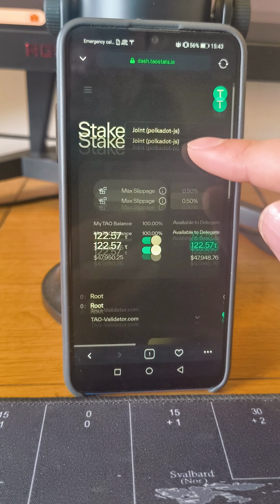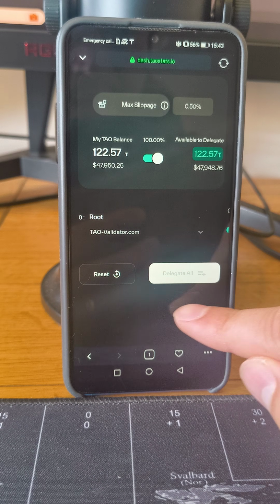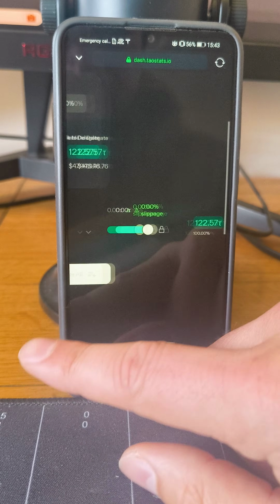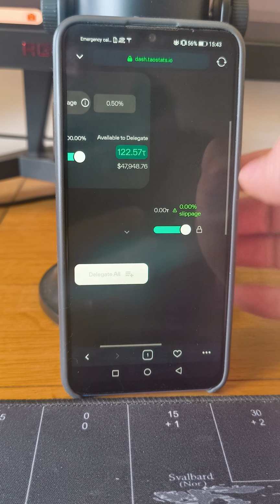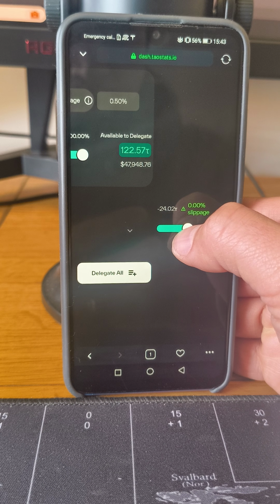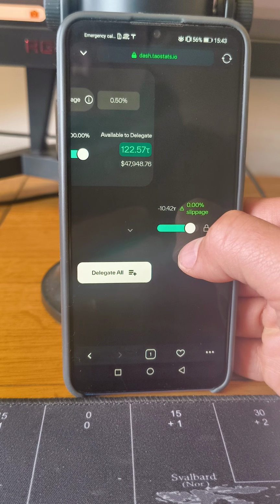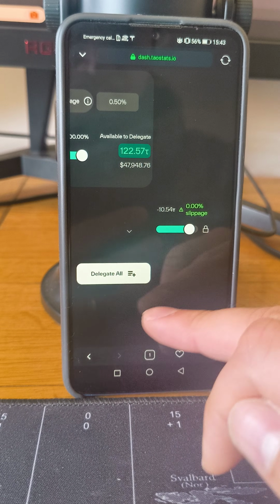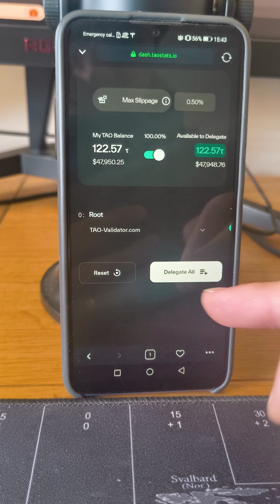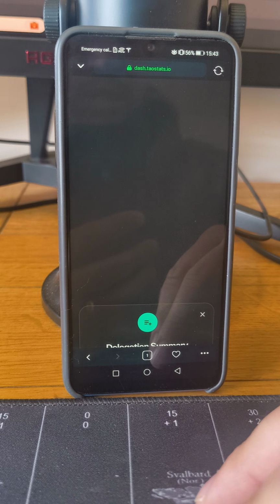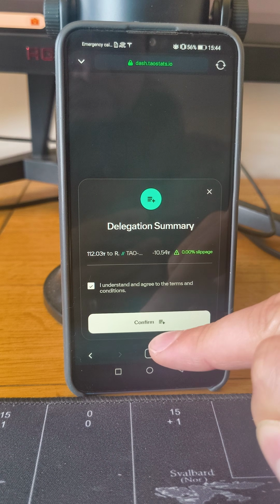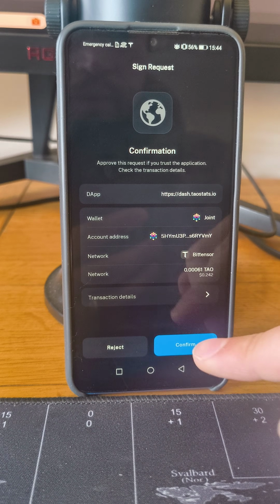There we go. So as you can see, I'm staked with TAO validator over here. Now, if I want to undelegate, I'm going to give this a go on the portrait. Just want to see what happens. If I want to just take off, let's say, 10 TAO. Now it says delegate all. In theory, it should say undelegate, but still, it's early days. I'm going to have to do another one of these videos in the future. Confirm,